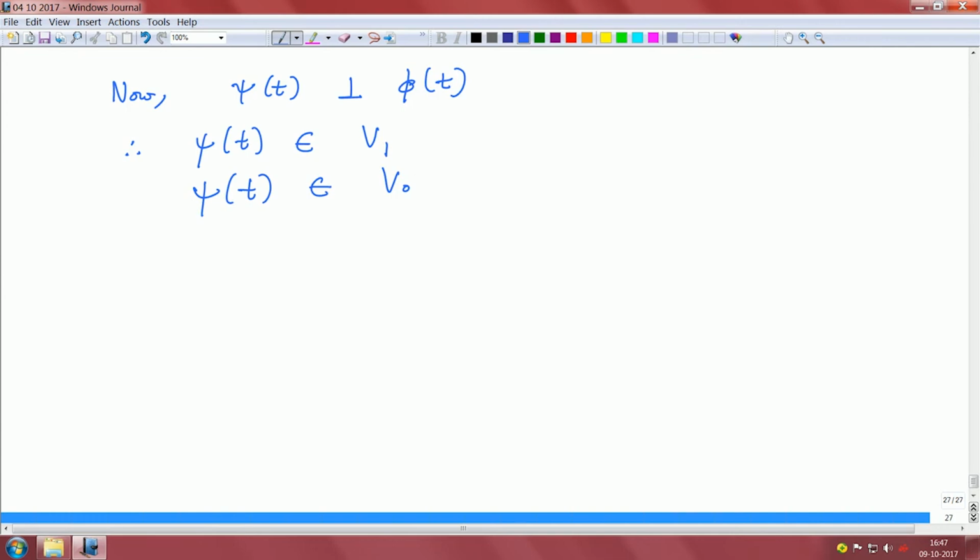Psi of t belongs to V0 because this space, and psi of t belongs to W, I mean W0, I would say not V1, I think this is a typo here. So, this should be V1